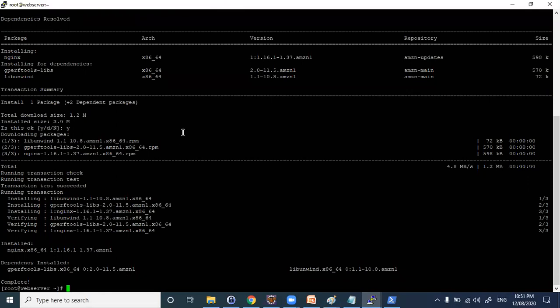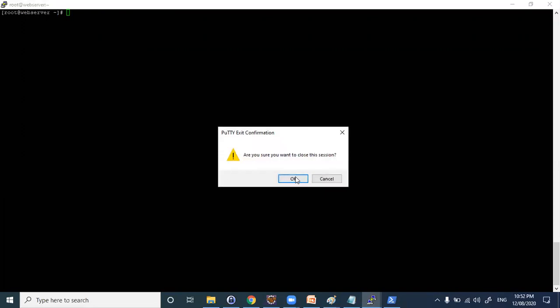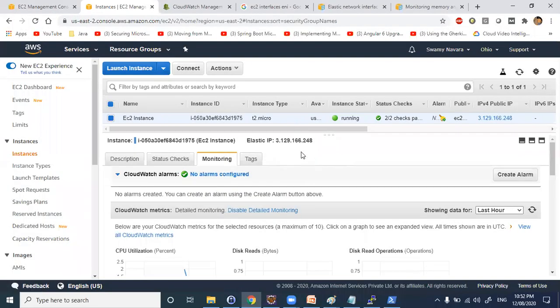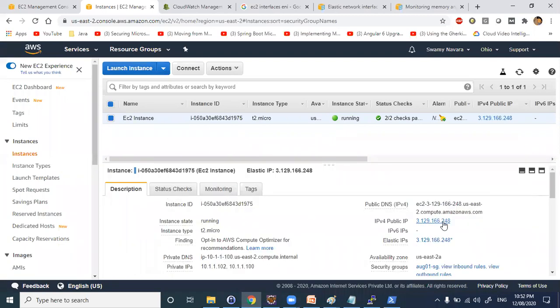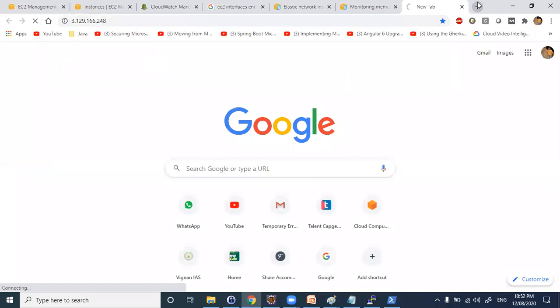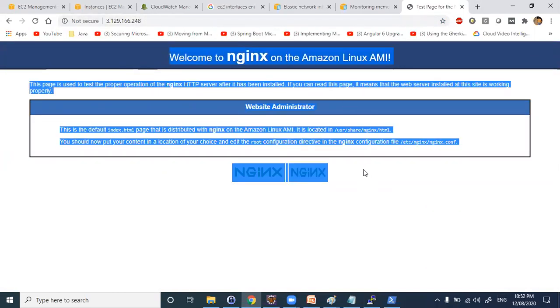So the server installation is complete. Let's start the service. Yeah. So if you see here, I just started a web server. So now the web service is running in this machine, which I can access through my public IP, right? So if I go and use this public IP in my browser, since it's running on port 80 by default, this welcome page of Nginx server has arrived here. So this is how I can install a web server.